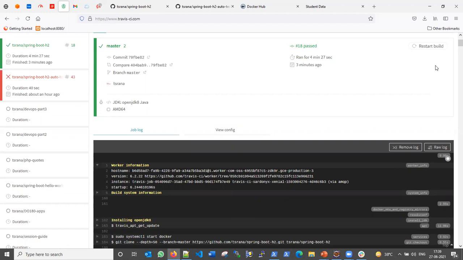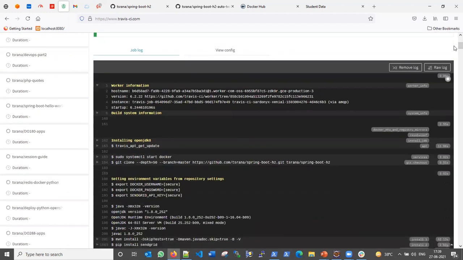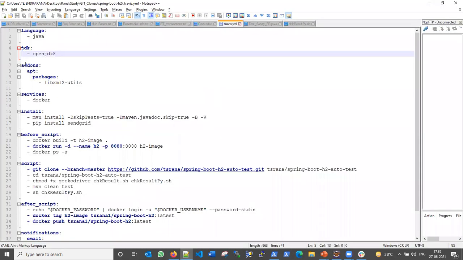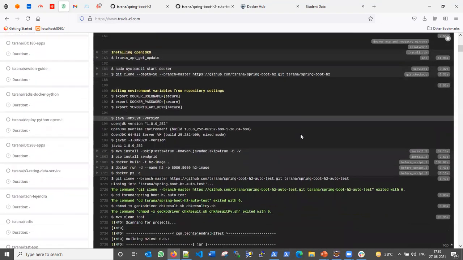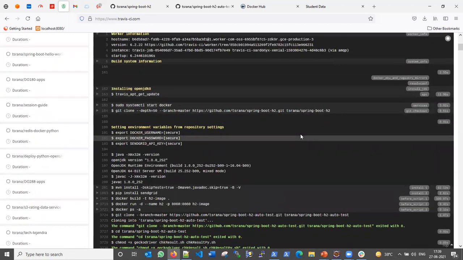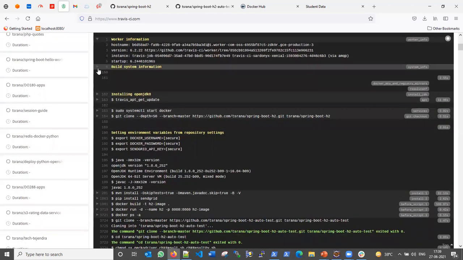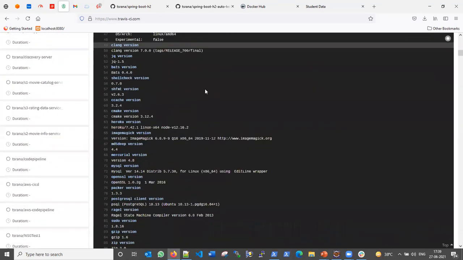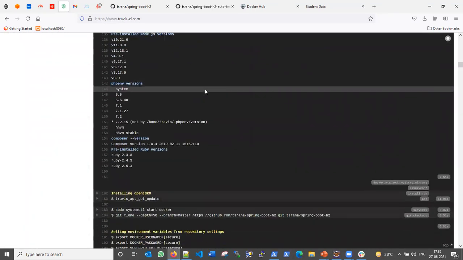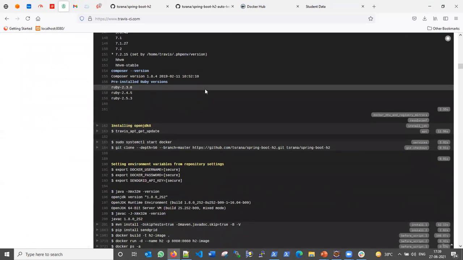So that's the first thing, and then it is adding some packages. The package name is libxml2-utilities. Somewhere inside, it must be installing all these things, right?